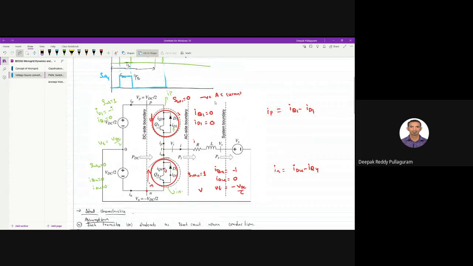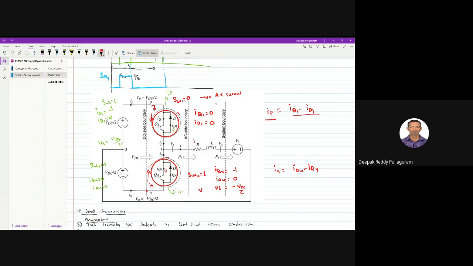What I'm trying to say here is, generally, if you go out and buy an IGBT, what you get is an IGBT cell which inherently has been added with the anti-parallel diode. The anti-parallel diode is already embedded into it. Now, if I see the current flowing through that switch, it's a net current: the current flowing through the diode minus the current flowing through the transistor. So we should always look at the net current. That's why I'm writing the net current IP as IQ1 minus ID1.